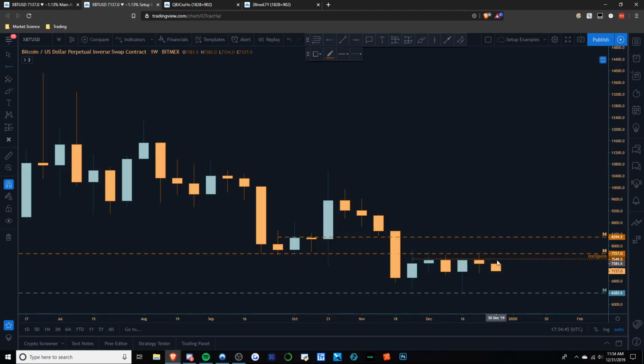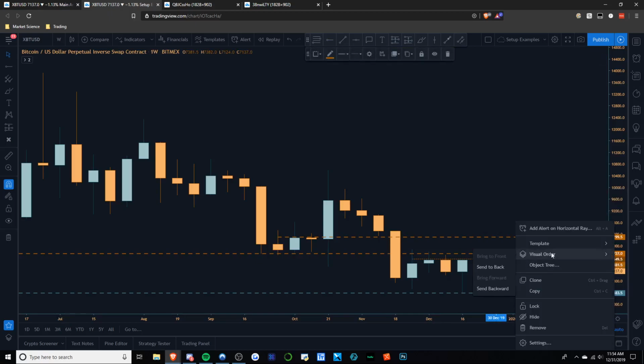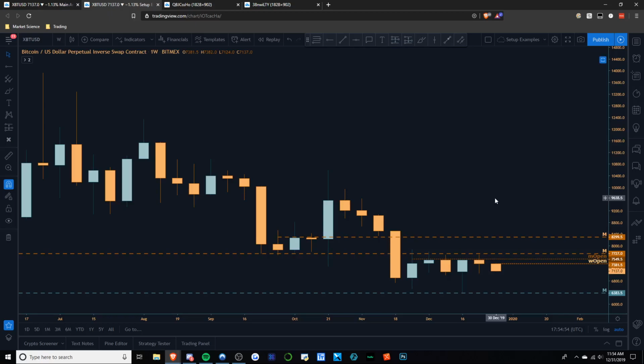First off, I want to mark out the weekly open. Something really interesting about the weekly candle here. I was in a conversation with somebody on Twitter yesterday. I forgot who it was, but I'm sure you can go find the chart. They posted a chart talking about the top wick of the weekly candle. I think his Twitter account got exit scammed, I'm not sure. You can go to my replies or whatever. But basically we were talking about how this candle has no top